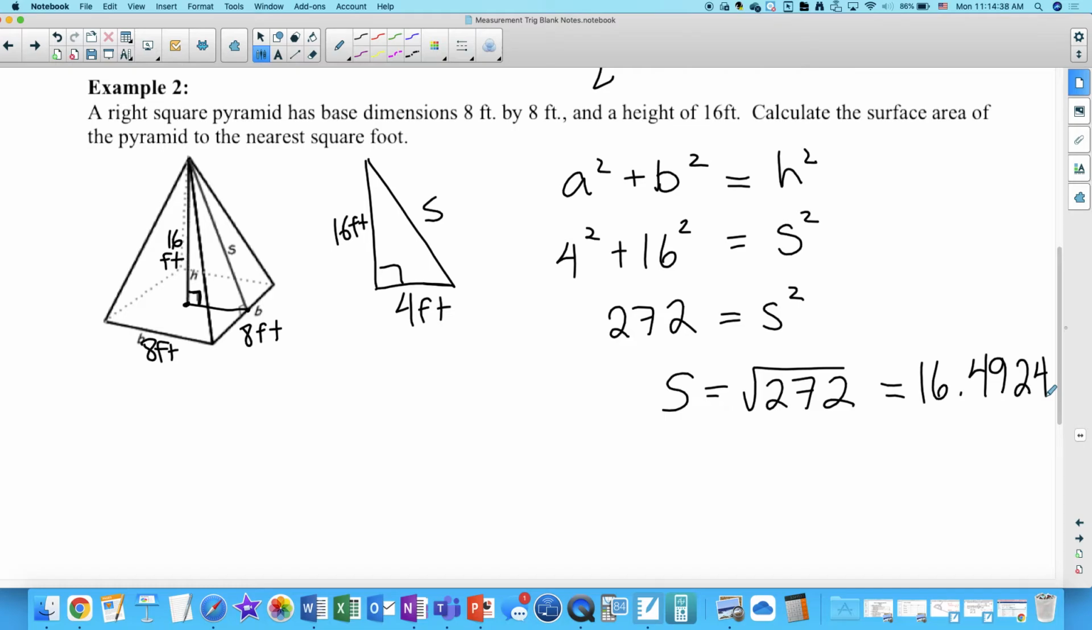And it has to do with the fact that every time you round, you get a little bit further from the exact measurement. And so if you round multiple times within one problem, you're going to end up being quite far away from the actual value. Okay, all right, so